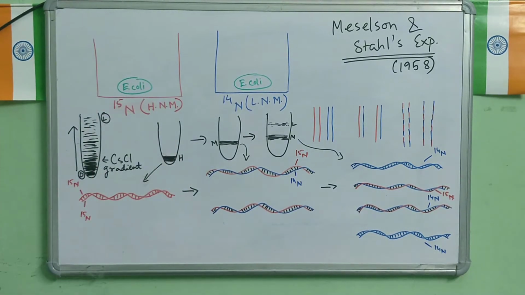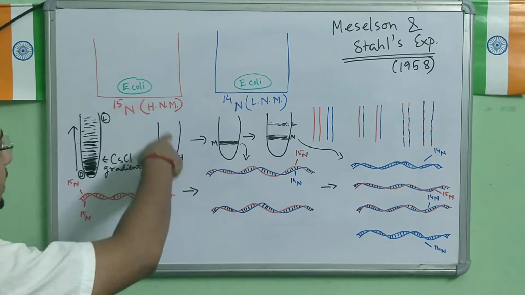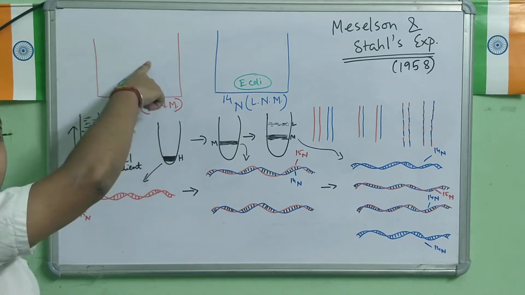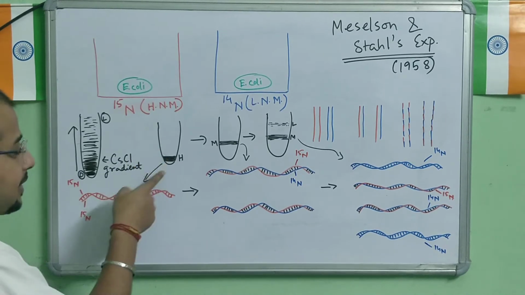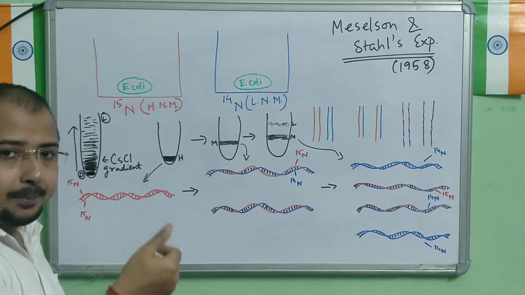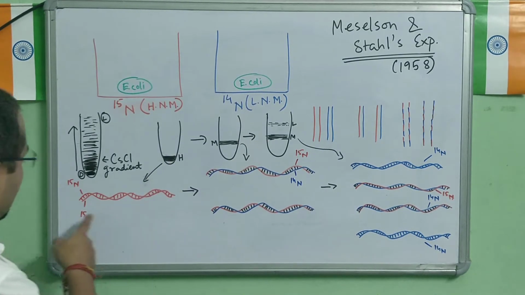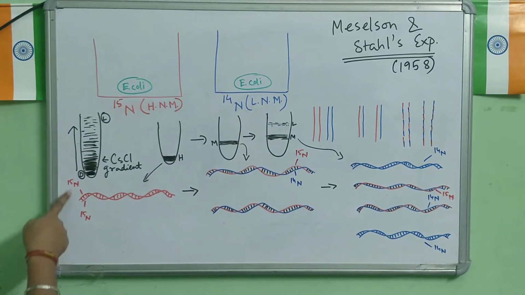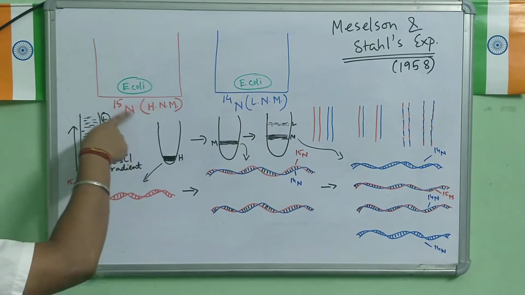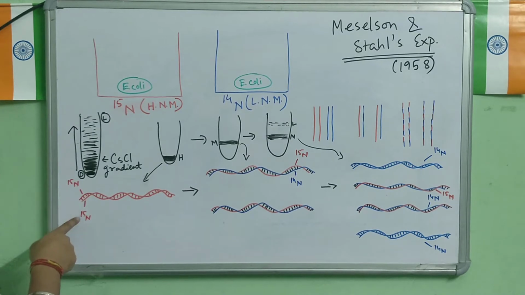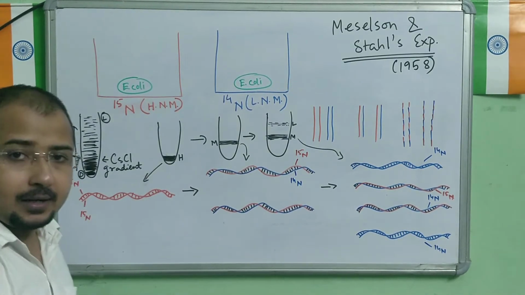So you can see here, this is the first DNA got from this state. This one was tested here in the cesium chloride medium. A dark band came. So this shows that both the strands of the DNA are actually heavy nitrogen, 15N. So you can see heavy nitrogen, N15, N15 here. So both the strands have heavy nitrogen.